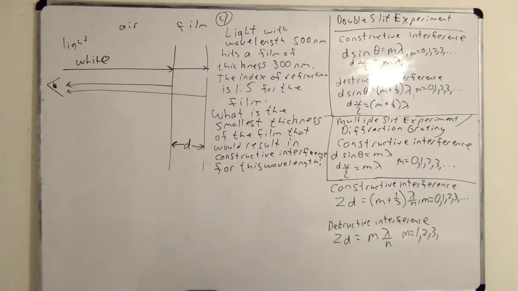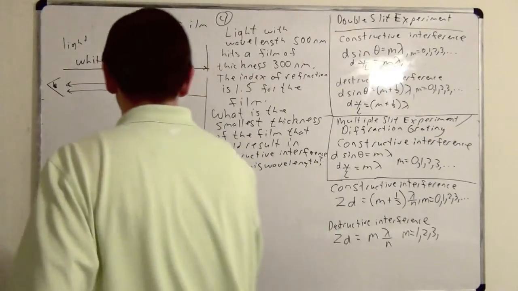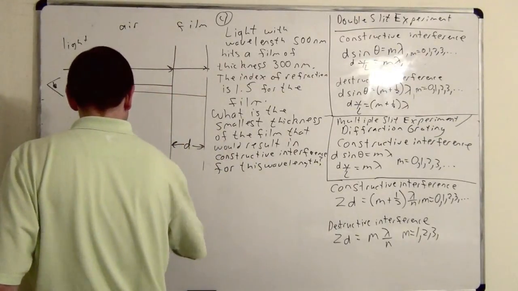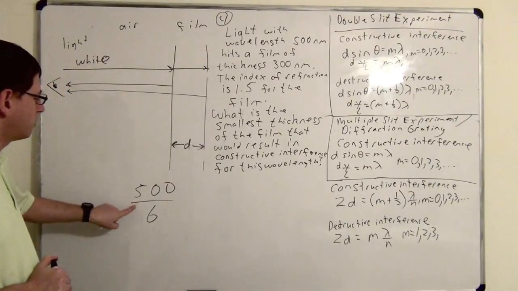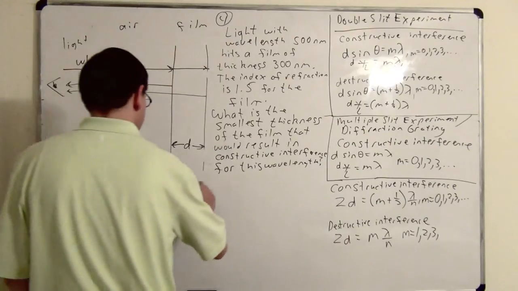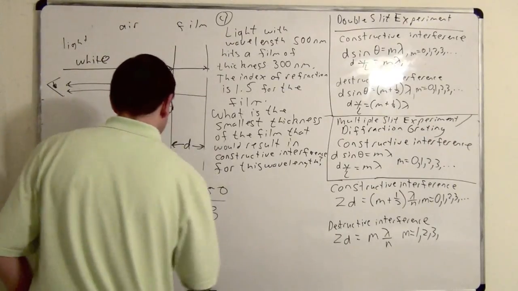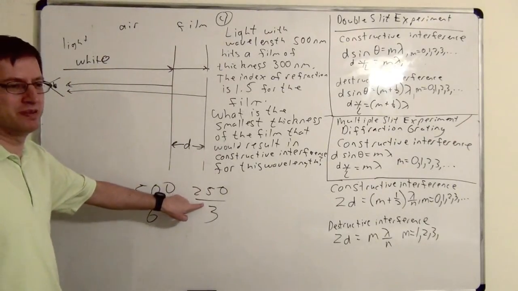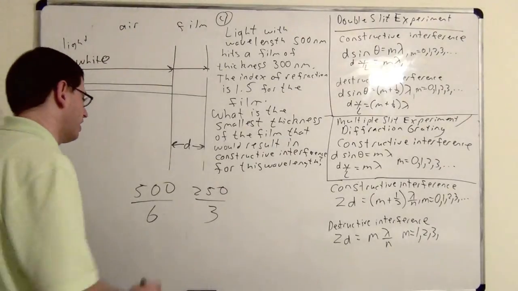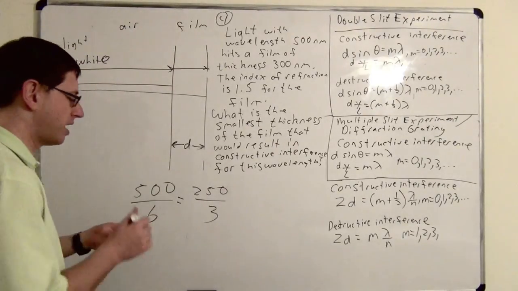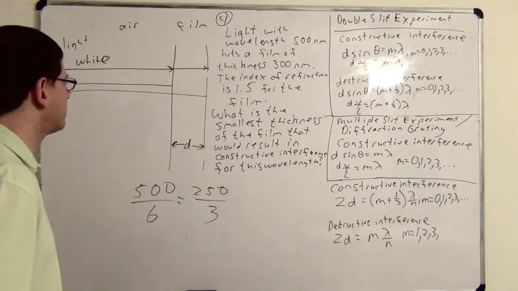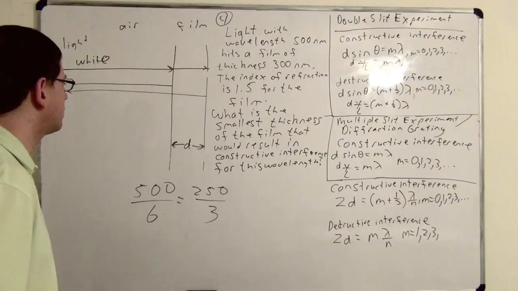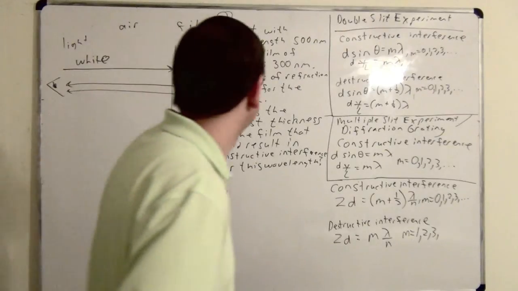So the division you did was 500 over 6. Let me just show you a little trick. I think it's a good habit to get into reducing before you divide. What does this reduce to? 250 over 3. I think this would be an easier division for people to do. So that's a good habit if you can't use a calculator to first reduce and then do the division. I think you did that correct. Okay, so that's a typical type of situation here for a thin film.